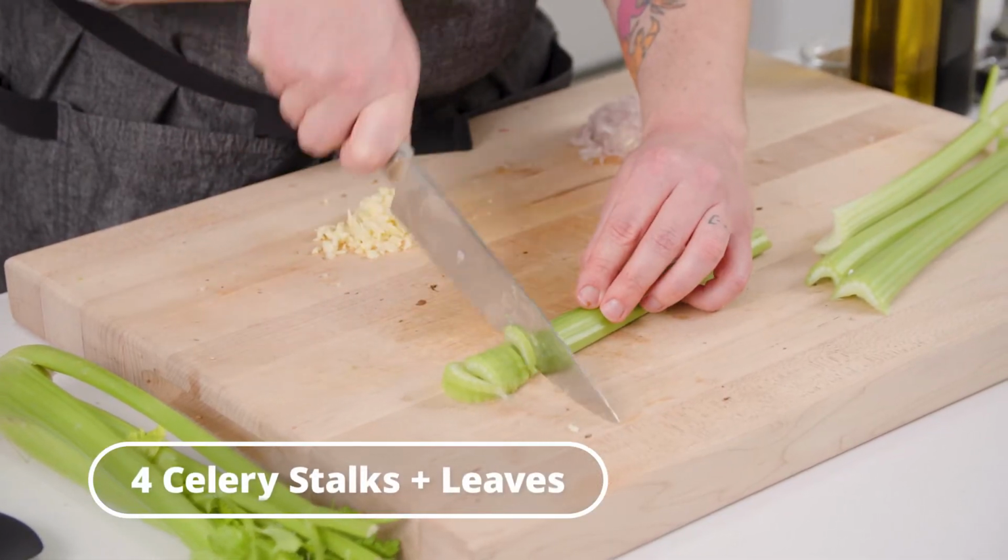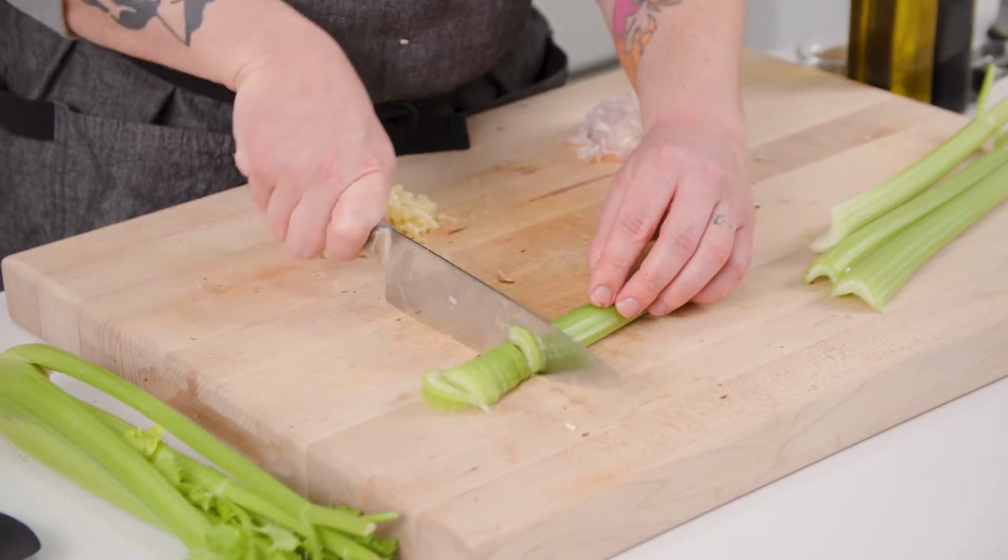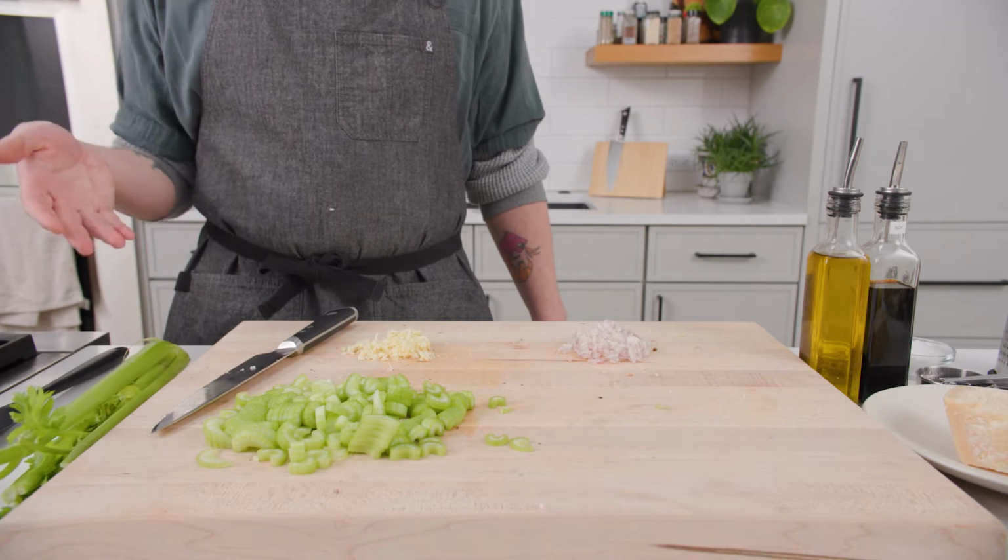Celery stalk leaves are delicious. Celery is cool, but people throw away the leaves a lot of the time, and it's like the tastiest part. It's like cilantro when you don't use the stem. So I'm just gonna keep the rest of the celery to the side for now, and when I need the leaves, which is gonna be for garnish at the end anyways, I'll just pull them off